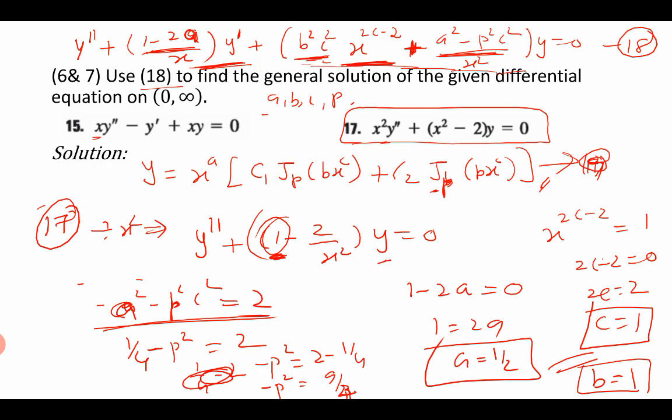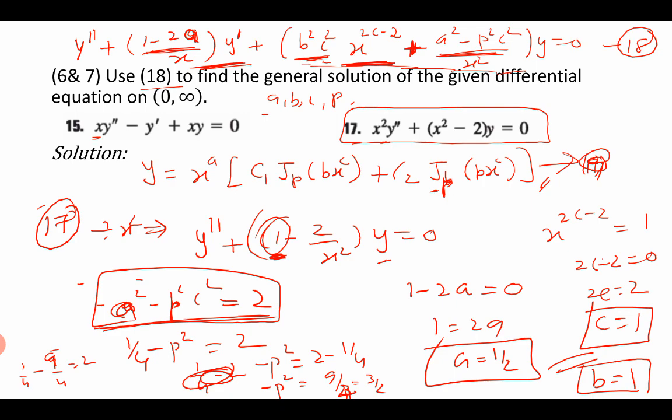You cannot take the square root if there is a negative. Check the values with this one. If a is positive 3 by 4, does it satisfy this equation or not? Check. a is 1 by 2, 1 by 2 square is 1 by 4 minus, take the square root as 3 by 2, check it for positive value. This is 3 by 2, 9 by 4 is equal to 2, so